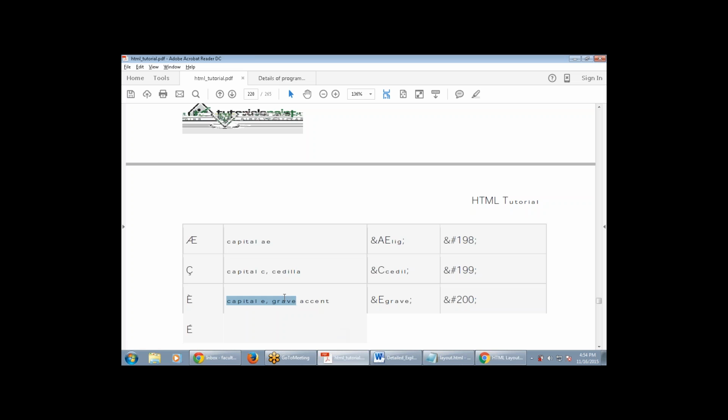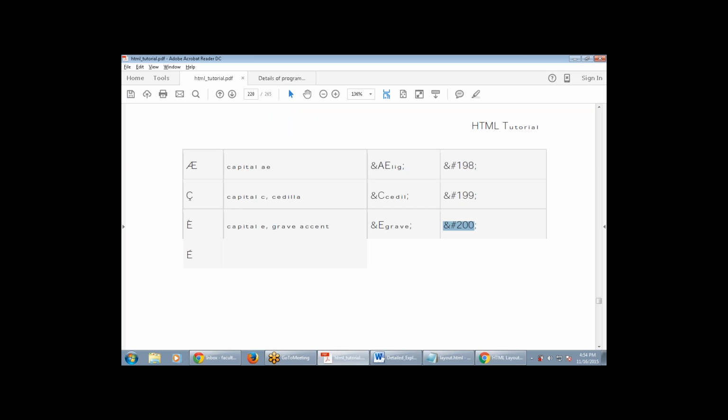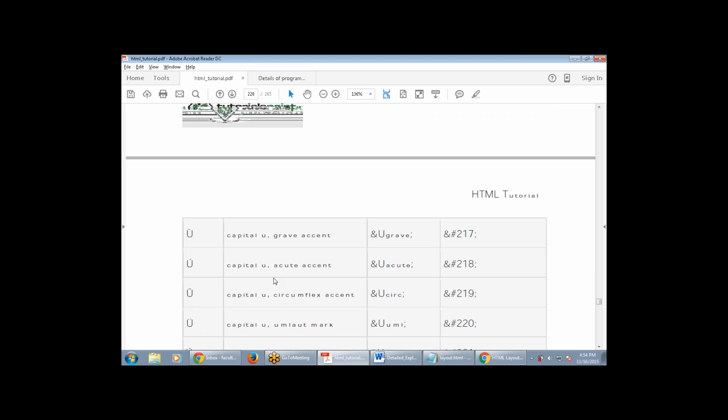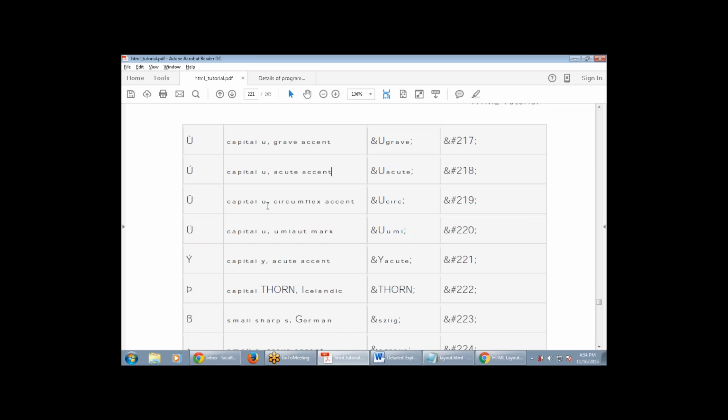Then this is the capital E grave accent, that is ampersand Egrave, that is also available, that is the E accent. This is ampersand hash 200. Now this is the capital U grave accent. This is a capital U circumflex accent, that is also used. Then this is the capital U umlaut mark. This is ampersand Uuml, that is hash 220. So if I want to write this HTML code,